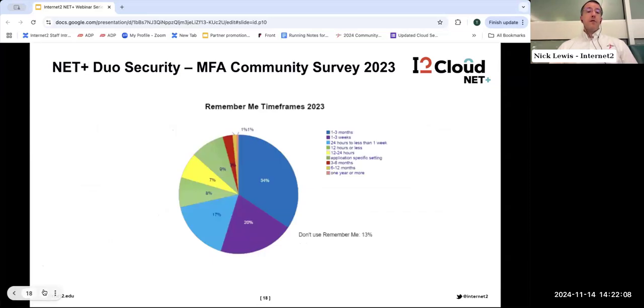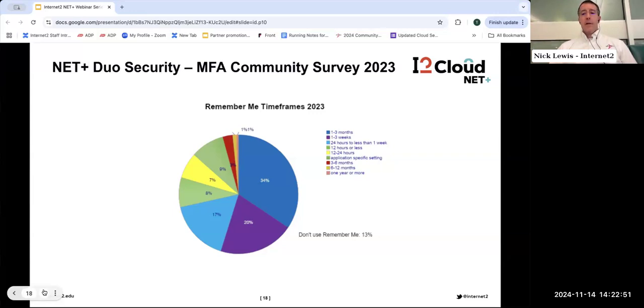So one of the things we've gotten the most questions about, and that's a perennial question on the email list, is what do you use for Remember Me? Because the Remember Me setting is how often essentially users have to go through the multi-factor authentication. And so many campuses will ask their peers, how long do you set that setting? And in the 2020 data, you can look in the slides when we post them if you want to look at the actual details. And in the blog link on the previous slide, you can look in more detail. But you'll see some details on the slide of how long some campuses are using for the